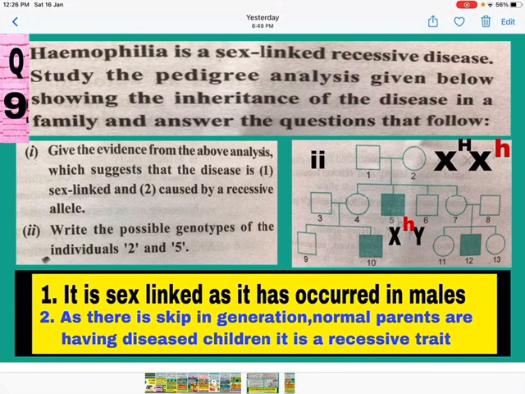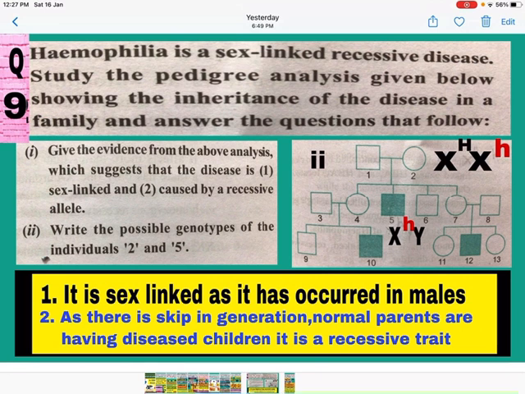Question number 9. Hemophilia is a sex-linked recessive disease. इसका पेडिग्री चार्ट आपके सामने बना हुआ है और आपको आंसर करना है क्वेश्चन नंबर 1 देखिए, उसका पार्ट 1 देखिए। आपको बताना है कि ये सेक्स लिंक्ड कैरेक्टर क्यों है। It is sex linked because it has occurred only in the males. आप डायग्राम देख सकते हो, स्क्वायर जो बॉक्सेस हैं वो मेल्स को डिपिक्ट कर रहे हैं और जो डिजीज है वो स्क्वायर में दिखाई दे रहा है। It means it is present only in the males, so it is sex linked. क्लियर।